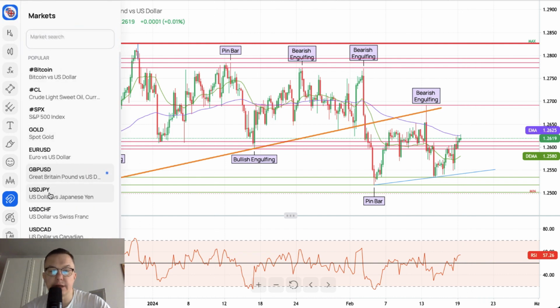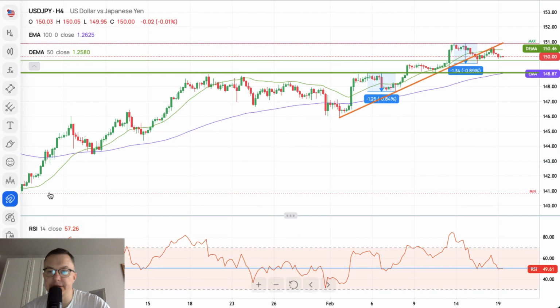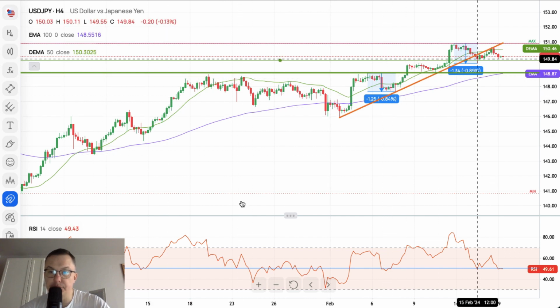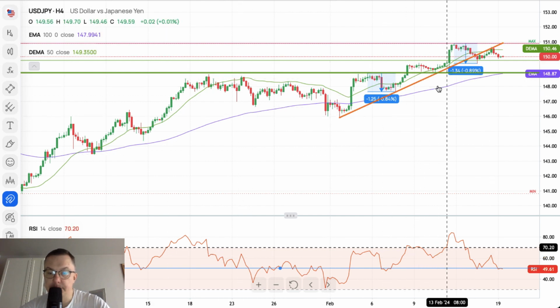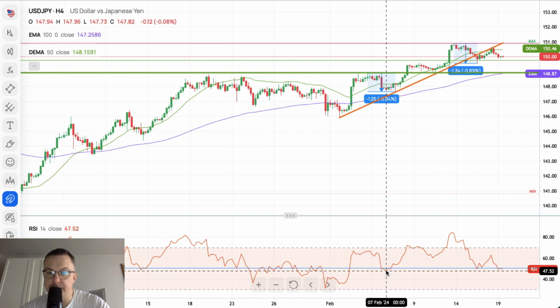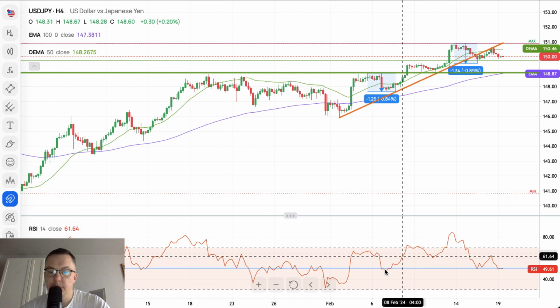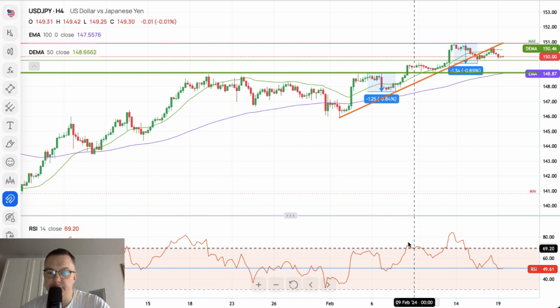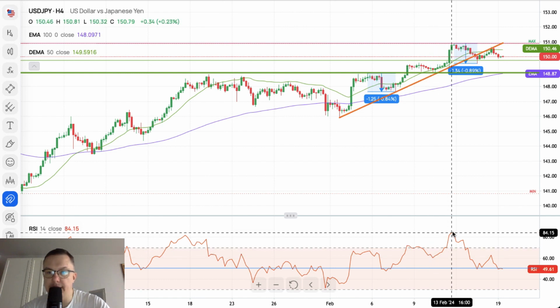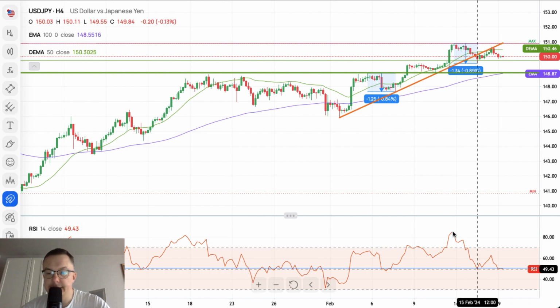Let's now find out the US dollar versus the Japanese yen. What is going on here? Well, the first thing I would like to point out is not on the price chart, it's on the momentum chart. As you can see, we last time bounced from the level of 50, which is the neutral level on a 4-hour chart, went towards the extremely overbought market conditions, pulled back, went even higher with a new yearly high, then